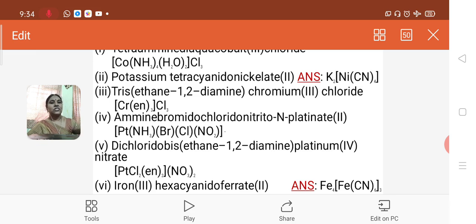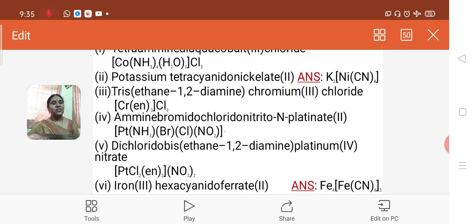Now, let us see the next compound, potassium tetracyanidonickelate(II). In this complex, the cation present is potassium and it is the counter ion. Always the positively charged ion is to be written first. So, write K, potassium, K plus you can write. Then write the formula of the complex ion. The complex ion will start with a bracket and identify the central metal ion. It is nickel,